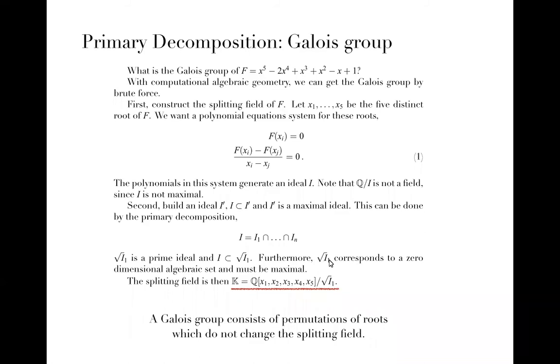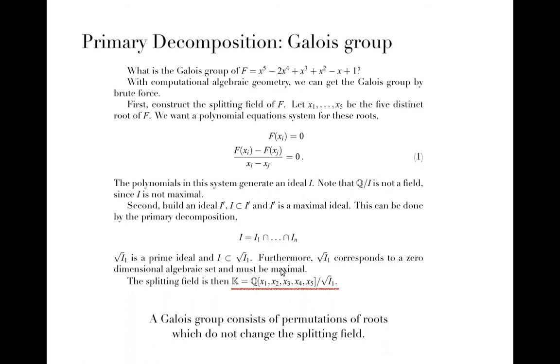You can further prove that it's not just a prime ideal but a maximal ideal, because it corresponds to a 0-dimensional algebraic set. That means if you numerically solve this, just brute force, you get a finite number of solutions. So if you have an ideal which is prime and also has a finite number of solutions,